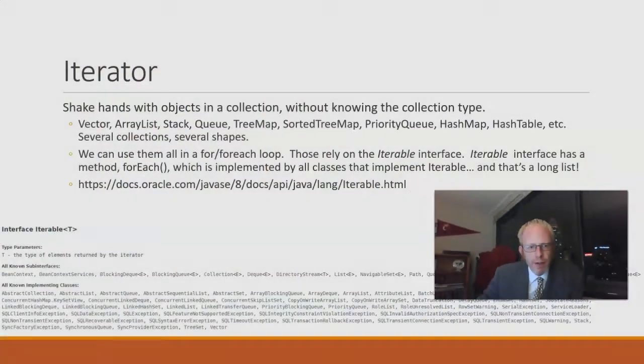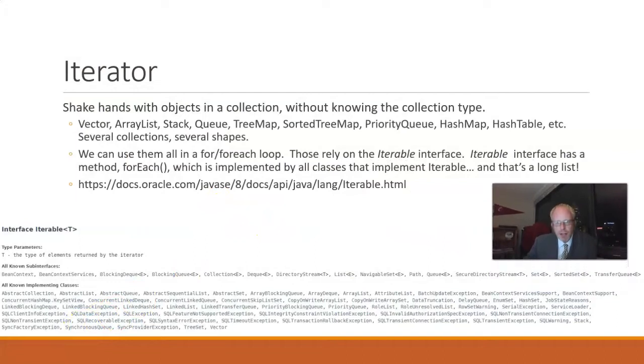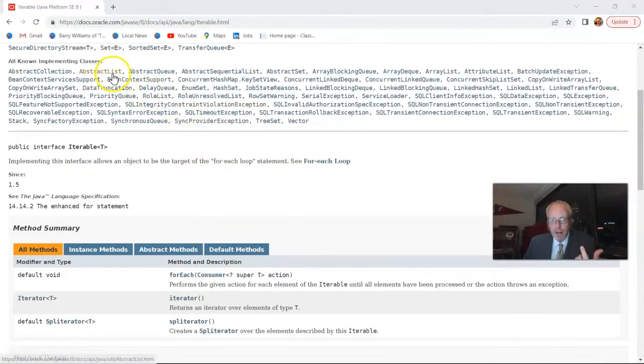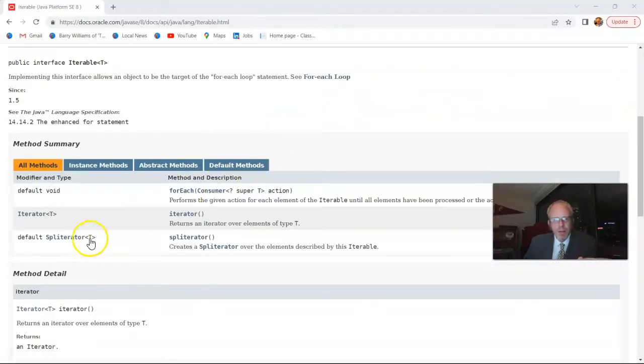So if we take a look at the documentation here, this I pulled straight from the Oracle documentation on Java. And this is an interface called Iterable. And Iterable is implemented by all of these collections down here. There are quite a few. And you see here that Iterable is fairly straightforward. These are all the collections like, not abstract list, but array list we've seen before, linked list I mentioned, several other options here. But if we scroll down a bit, you'll notice that it has a for each method,